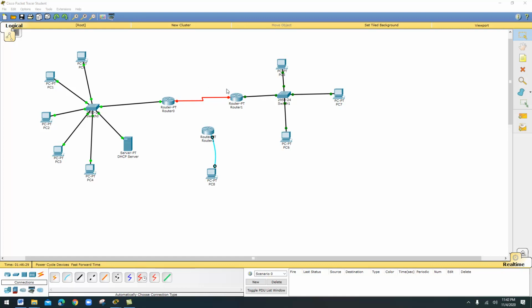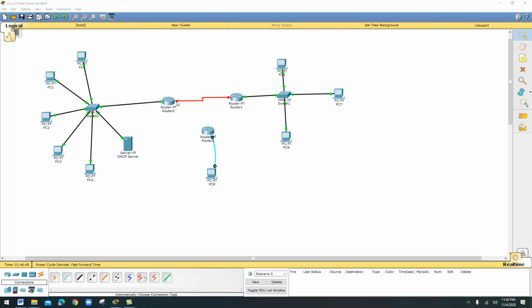The name of the interface is very important, but this is a serial interface. So what you do is keep your mouse on this red color point, which is the interface. If you keep your mouse on this, it will show you the name of the interface.